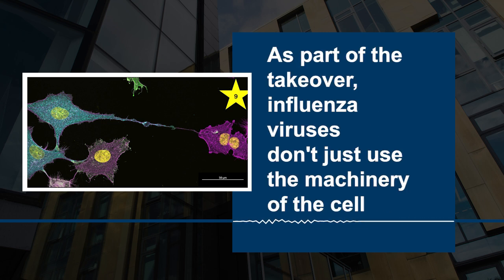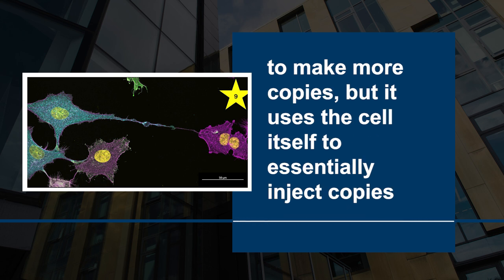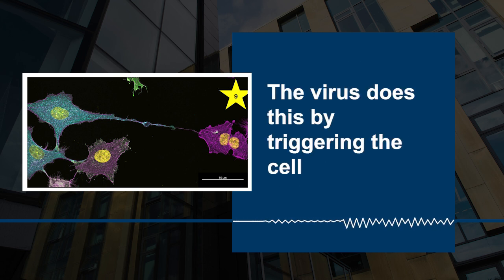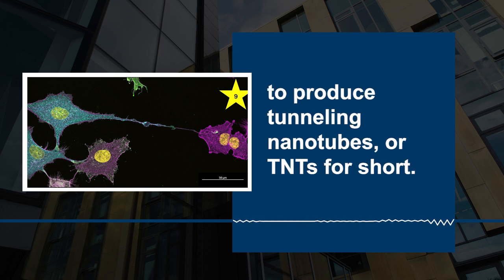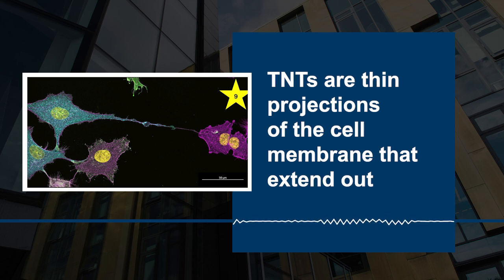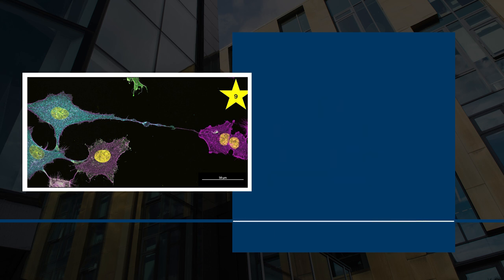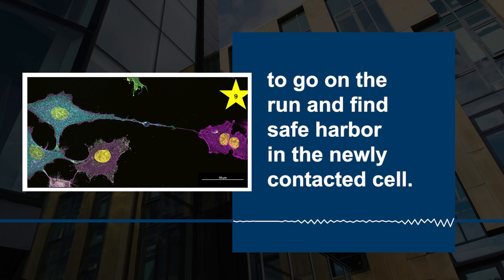As part of the takeover, influenza viruses don't just use the machinery of the cell to make more copies, but it uses the cell itself to essentially inject copies of the viral genome into neighbouring cells, initiating a new infection. The virus does this by triggering the cell to produce tunneling nanotubes, or TNTs for short. TNTs are thin projections of the cell membrane that extend out and touch neighbouring cells, often at impressive distances. This forms a highway for the virus to go on the run and find safe harbour in the newly contacted